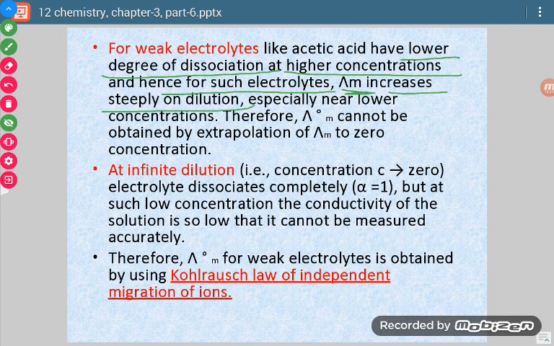So what is the difference? In the case of strong electrolytes, we said lambda m increases slowly. There is a slow increase in the value of lambda m. But in the case of weak electrolytes, there is a steep increase, a very large increase in the value of lambda m. And when the concentration comes down to a very low value, then this increases too much. So what does it mean? It means that when we plot lambda m versus